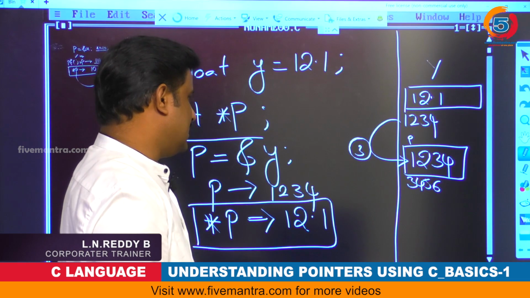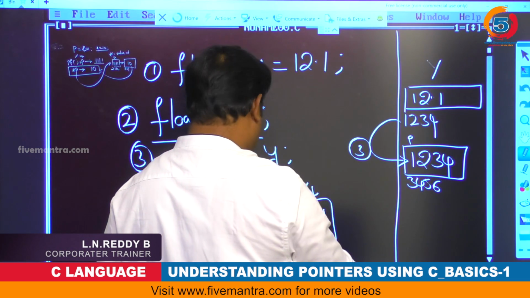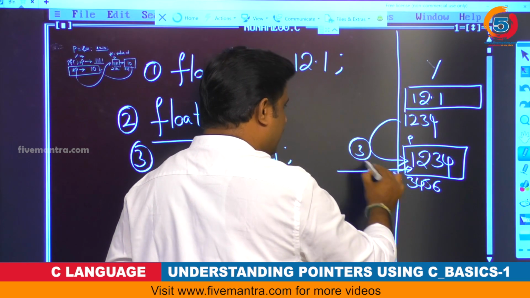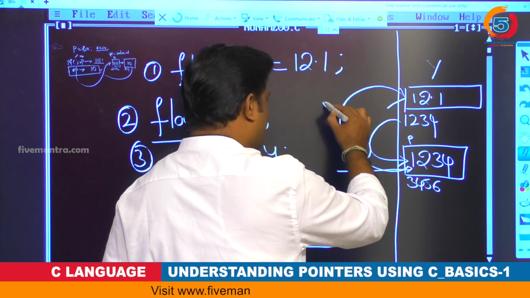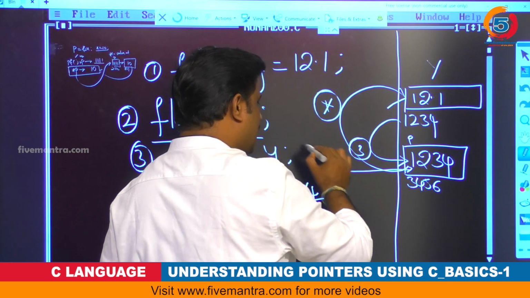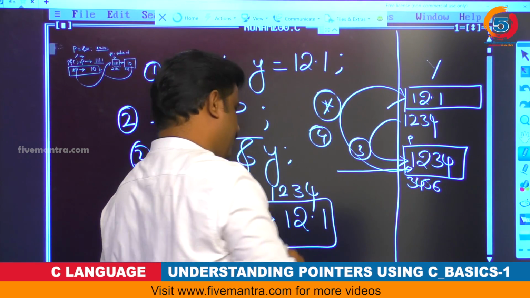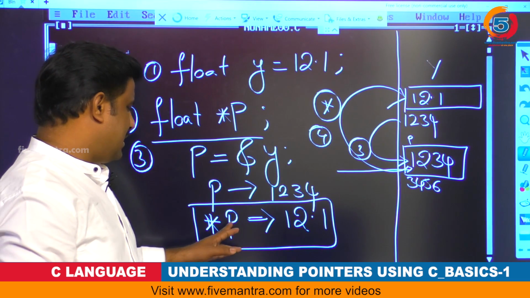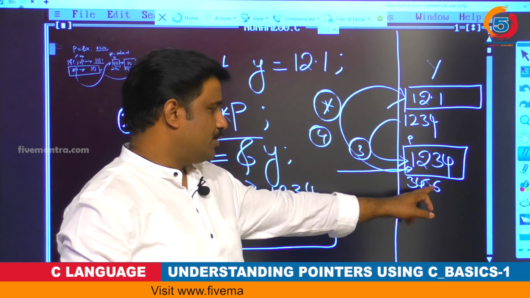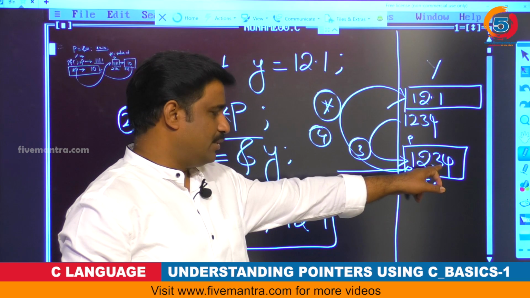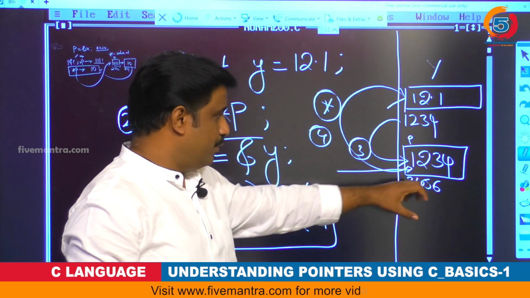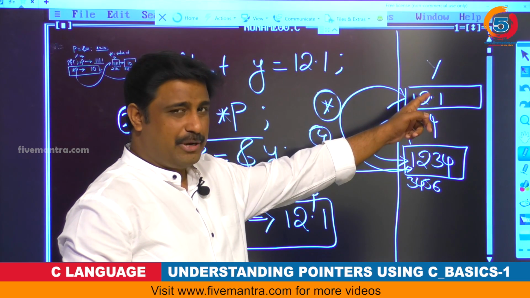With the help of this, first it goes from the program counter to this one, and from here it goes to this with the help of the star operator. This is the fourth step, right? The fourth step will be initiated when I say p, it directly goes to 3456. It has 1234. It will retrieve the 1234 value. Now what you want to do is get the 12.1, right?